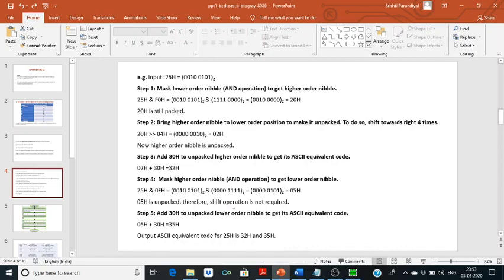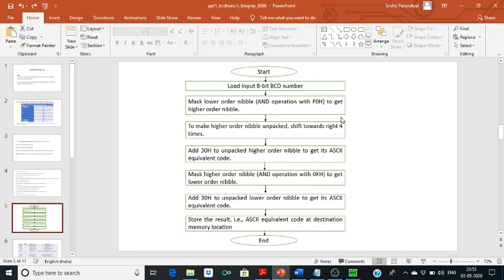Similarly, this is our flowchart. We will first load our BCD number, then mask the lower order nibble to get the higher order nibble. Then we make it unpacked by shifting right 4 times, and add 30 to it to make it the ASCII equivalent.